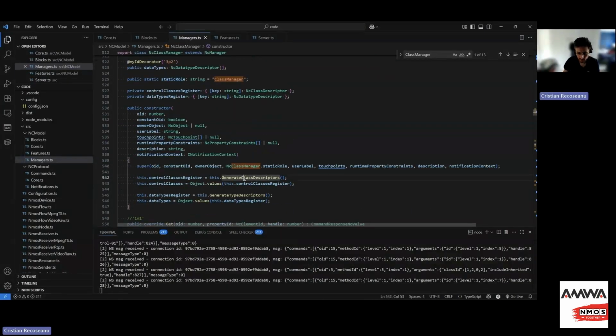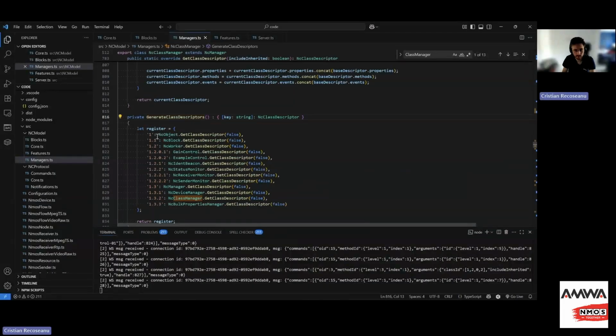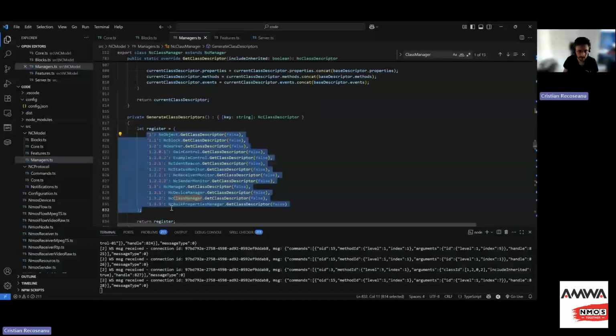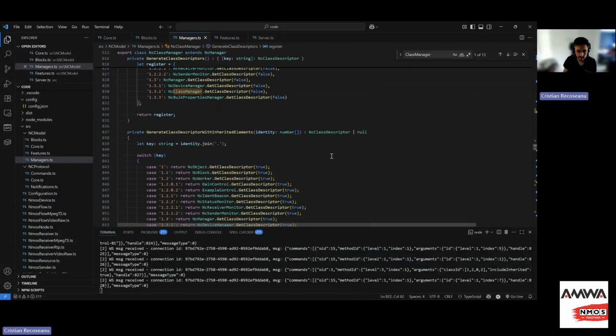And we generate all of these class descriptors, right? So you'll see all of the objects, all of the classes that we have actually have a static get class descriptor method, which just generates that descriptor for you. So every time we get called with their identifier, we can respond with the right class descriptor. And it's similar for